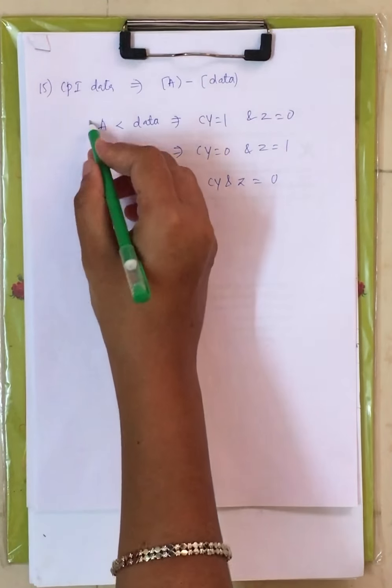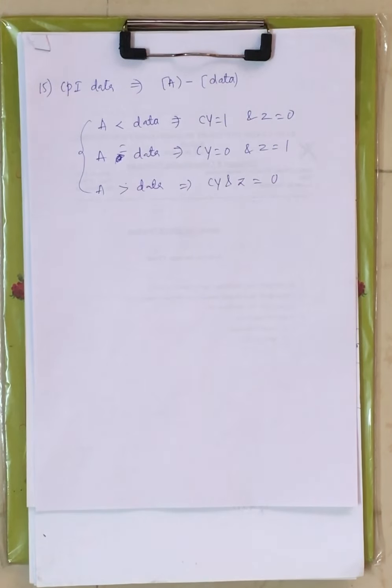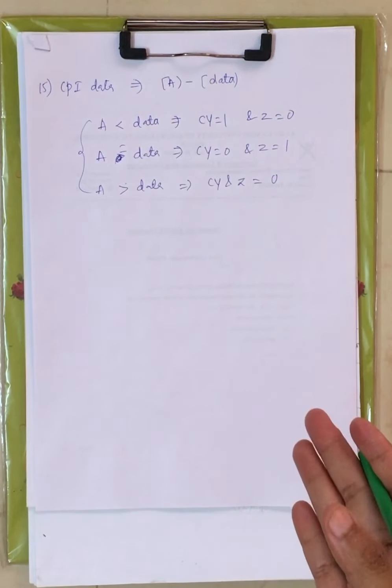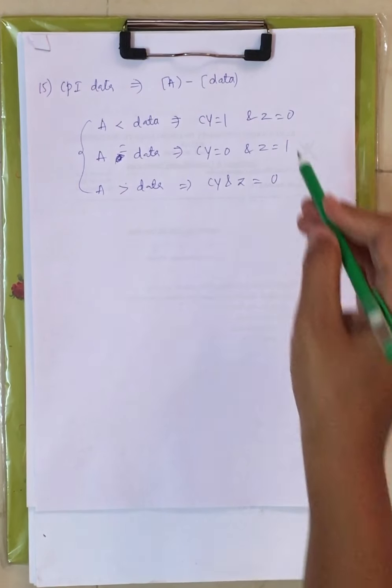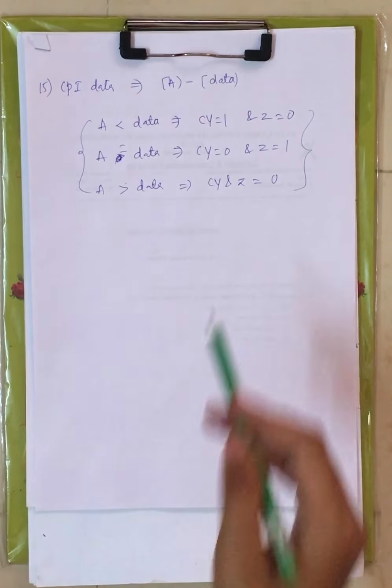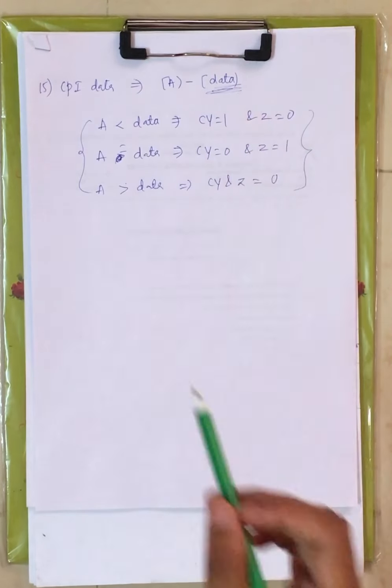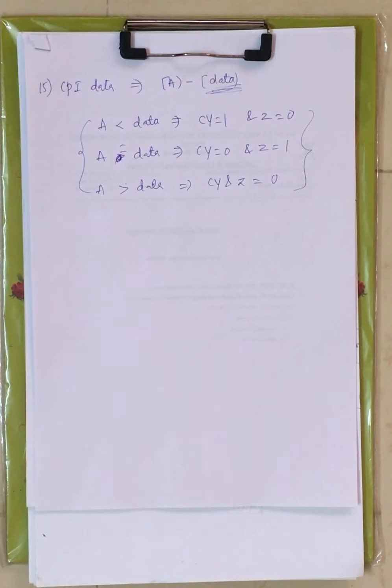These are the same whether it is immediate data, the data in the memory location, or the contents of register R. When you are doing the compare operation with the contents of the accumulator and the contents of register R, or the contents of a memory location, or the immediate data, this will be the same, right? Only this will vary, whether it is register contents, memory location contents, or the immediate data specified within the instruction, right?